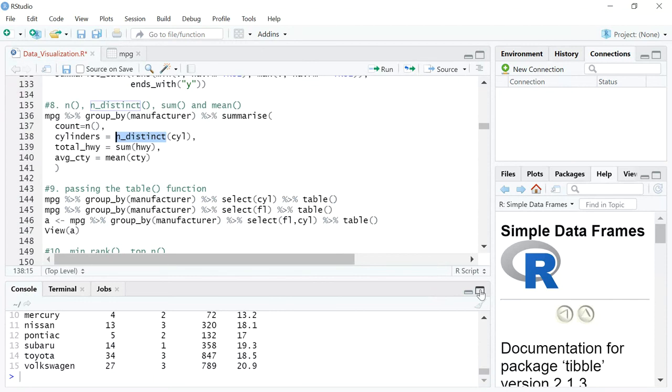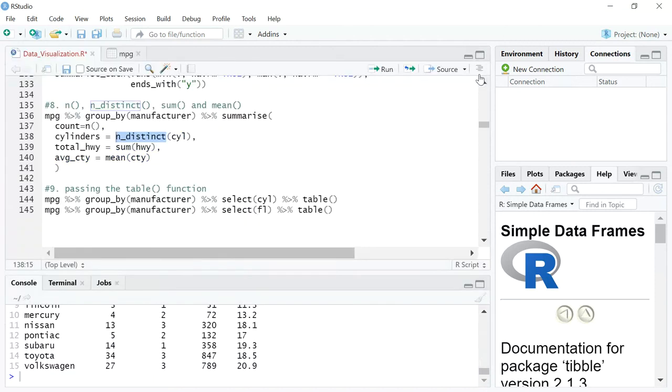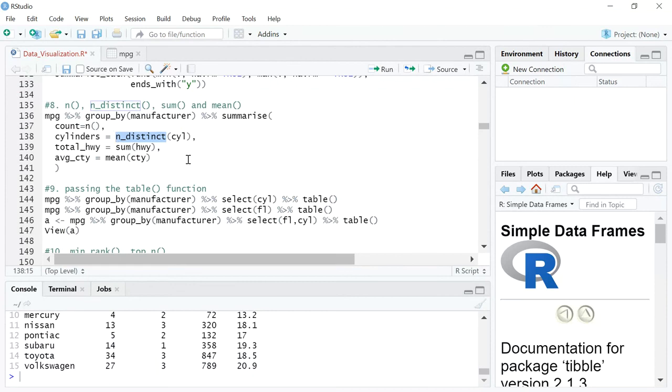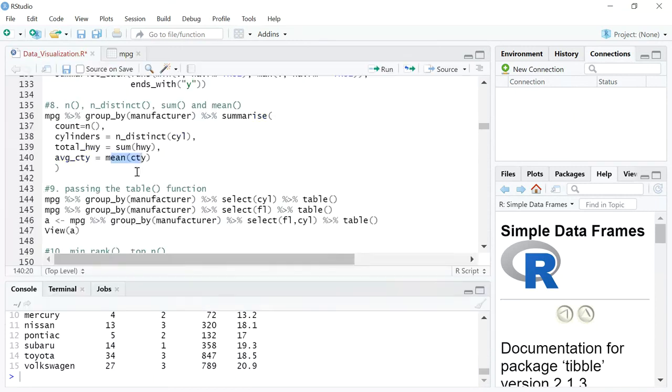So if you look at what the value has returned, Audi has three different types of cylinders, potentially 4, 5, and 6, right? So this helps us identify unique column entries, unique observations inside a particular column, right? And then you have the standard sum function and mean function here, which you can just reuse. Cool. I hope that was also okay.